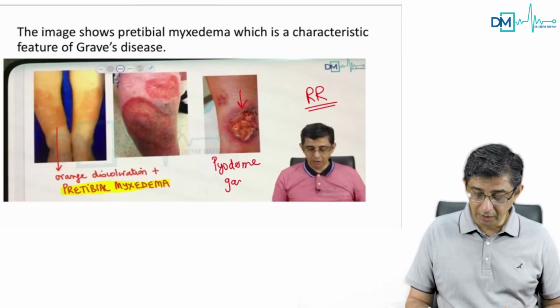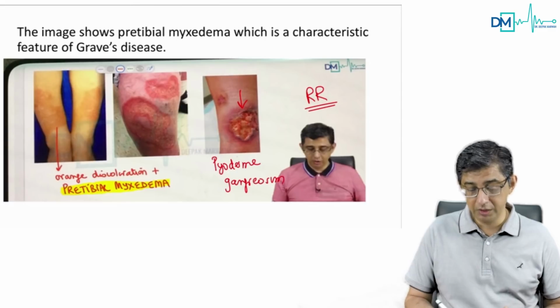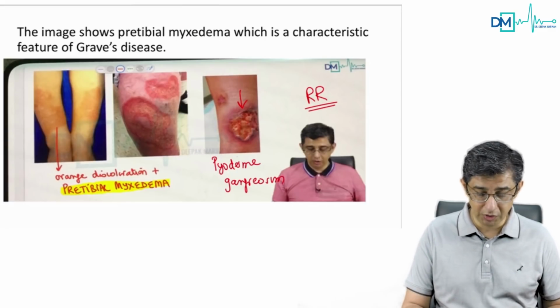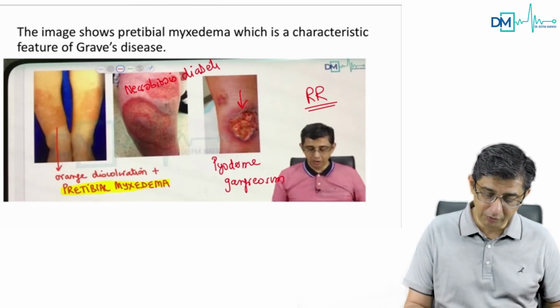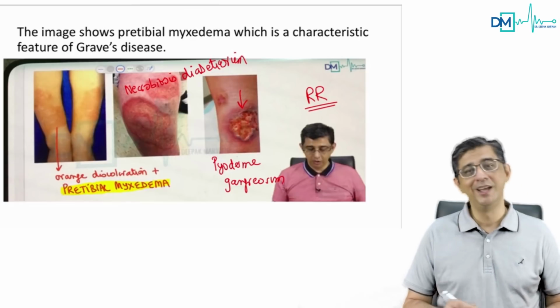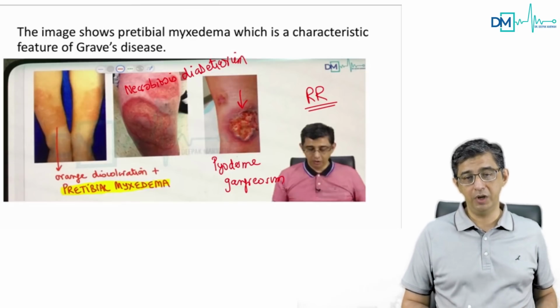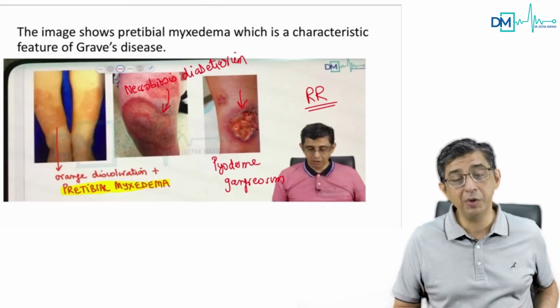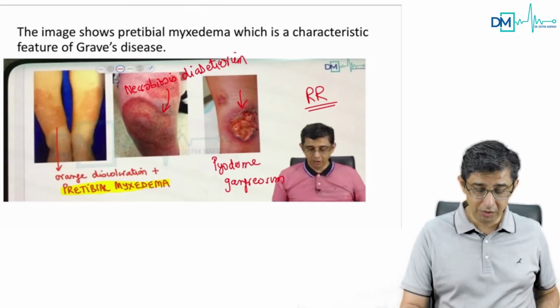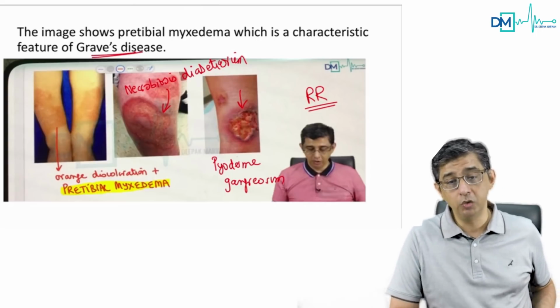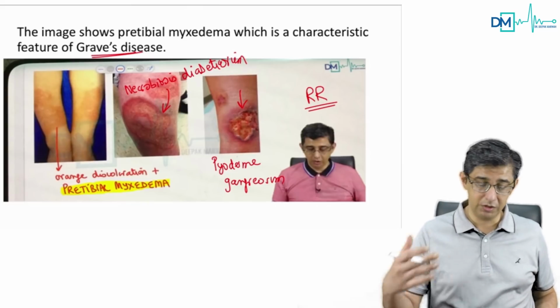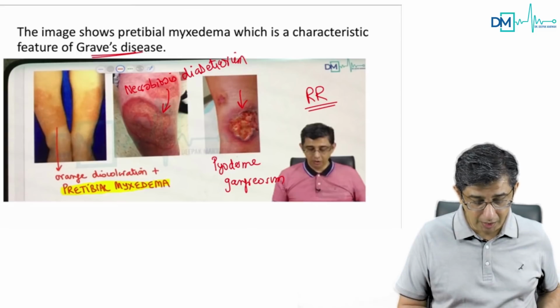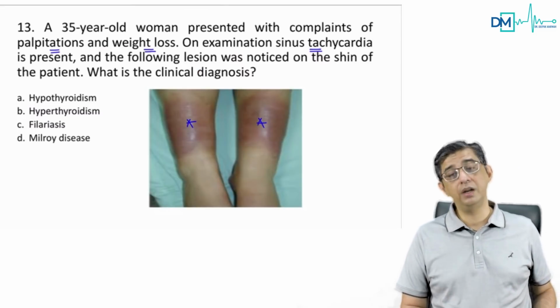In the same slide, I have also discussed another lesion on the shin of a diabetic patient. This is necrobiosis lipoidica diabeticorum. Now that's a longish name. If you read it for the first time, it will obviously give you jitters. I know that. But necrobiosis lipoidica diabeticorum is seen on the shin of a diabetic patient. And in a thyroid disease patient, in Graves' disease, you could have an orange discoloration of the skin, that is pretibial myxedema. So the snapshot is from rapid revision here, and you can see that's the lesion that he gave you.